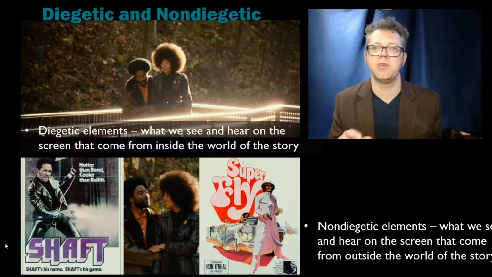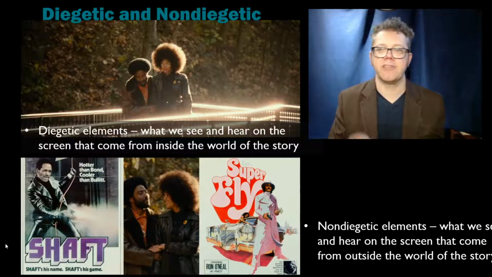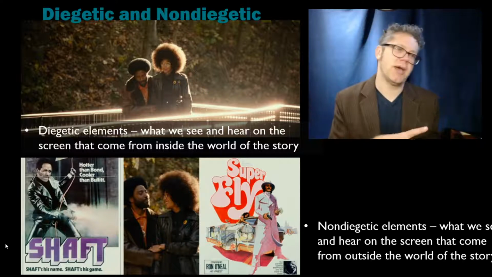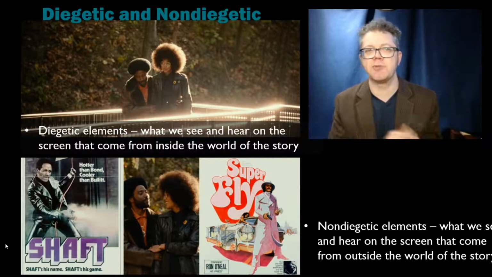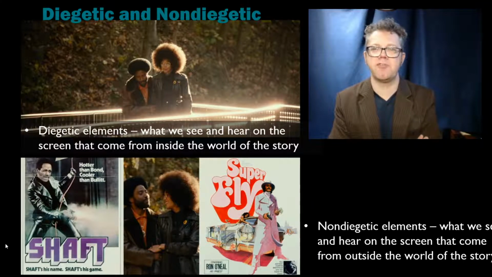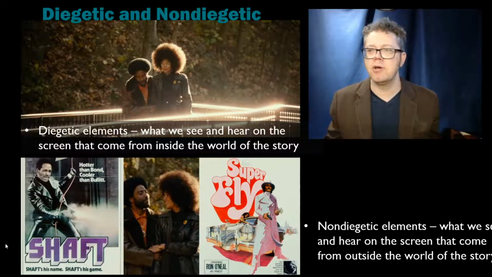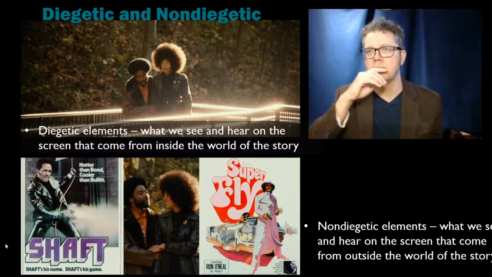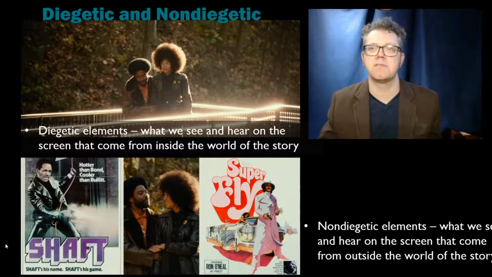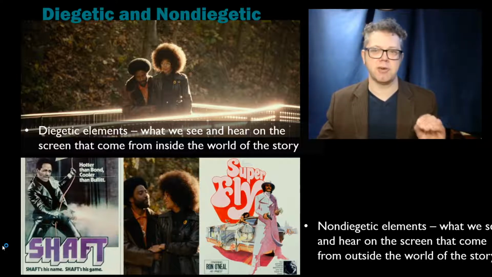And in this movie, we get a conversation between Ron and Patrice about Shaft and Superfly and Cleopatra Jones. Some people would say blaxploitation films, but these are movies that featured black characters in the lead roles, where they were the hero. It was a huge shift in the way that blacks were portrayed in major release films. And they're having this conversation about that, talking about Shaft and Superfly,